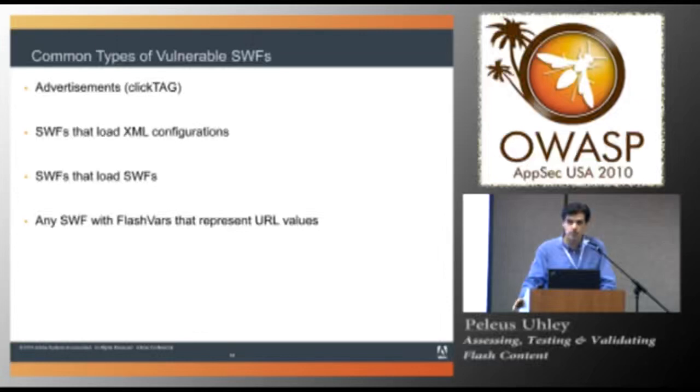Websites, even predominant websites, involved finding cross-site scripting through Swifts that load XML configuration files. So he was able to find vulnerabilities on Wall Street Journal and I think Facebook and PayPal, because he just started looking through the site for Swifts that load XML configuration files. In some cases, if you see Swifts that load other Swifts,